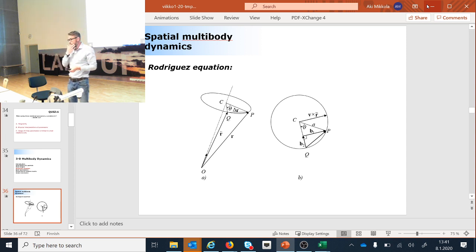Now I said earlier that if you're using 4 parameters, they are not independent, but they are somehow dependent on each other. This is a very difficult question, but if you know how they are related,